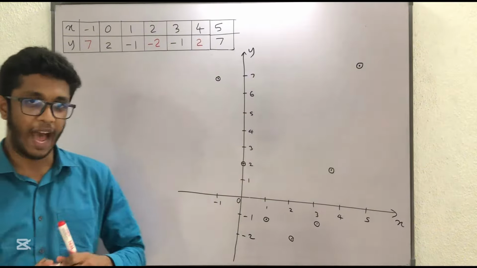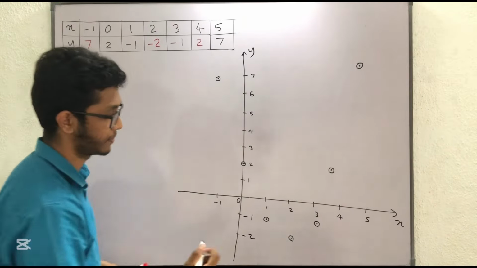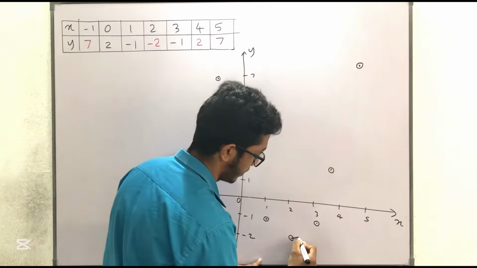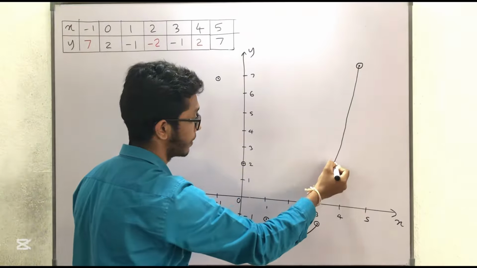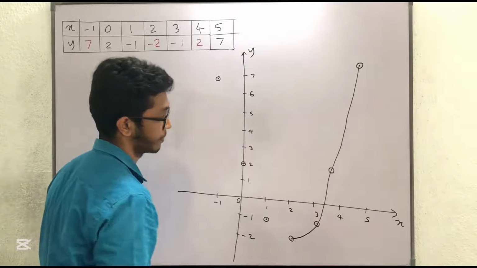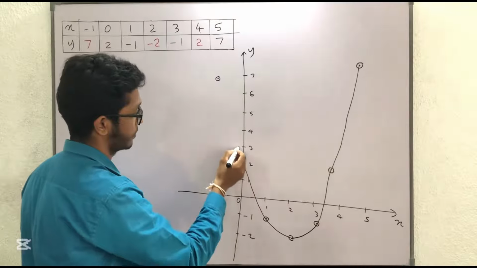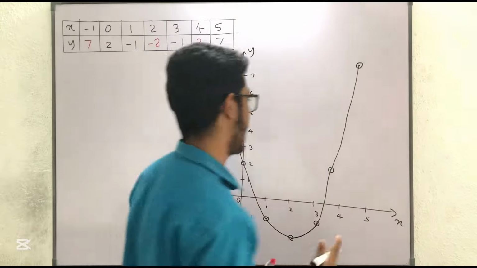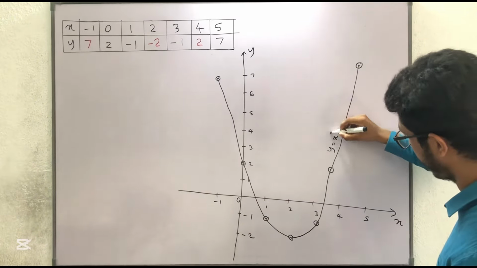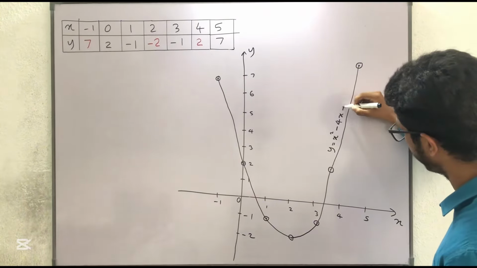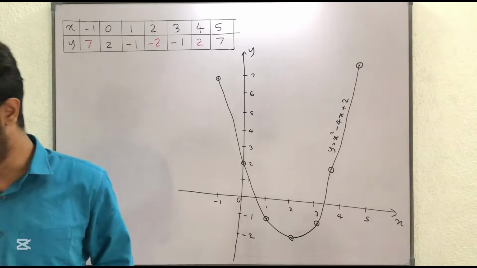Right. Then after marking these points, I have to join all these points with a smooth curve. And I have to write the function on the graph, that is y equals x squared minus 4x plus 2. Then after this drawing part,